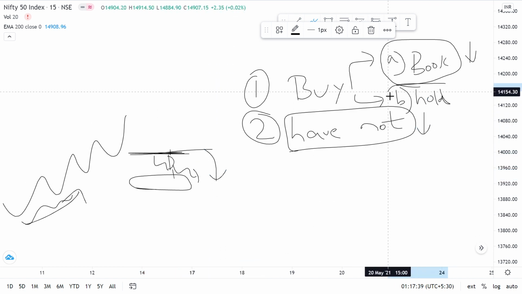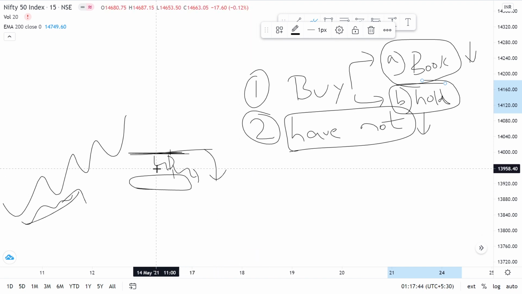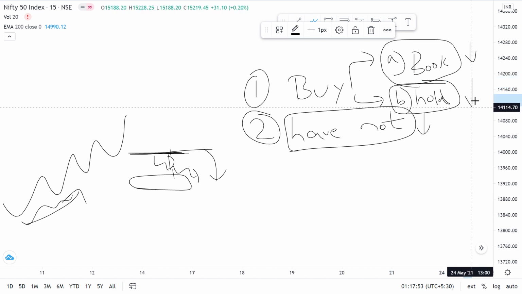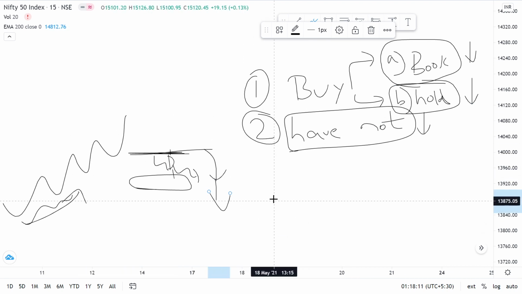Now what will this third guy do who has been holding his position, hoping that the markets would go up? He'll observe that the market is continuously forming red candles and it is continuously coming down and there is no hope of recovery from here. So now even these guys will start selling their positions and squaring off their positions, hoping that they return with something at least, and they'll make sure that their positions won't go into red, which were in green. So even these guys contribute to the selling, and markets fall further. All these three people contribute to the selling, which leads to a sell-off.